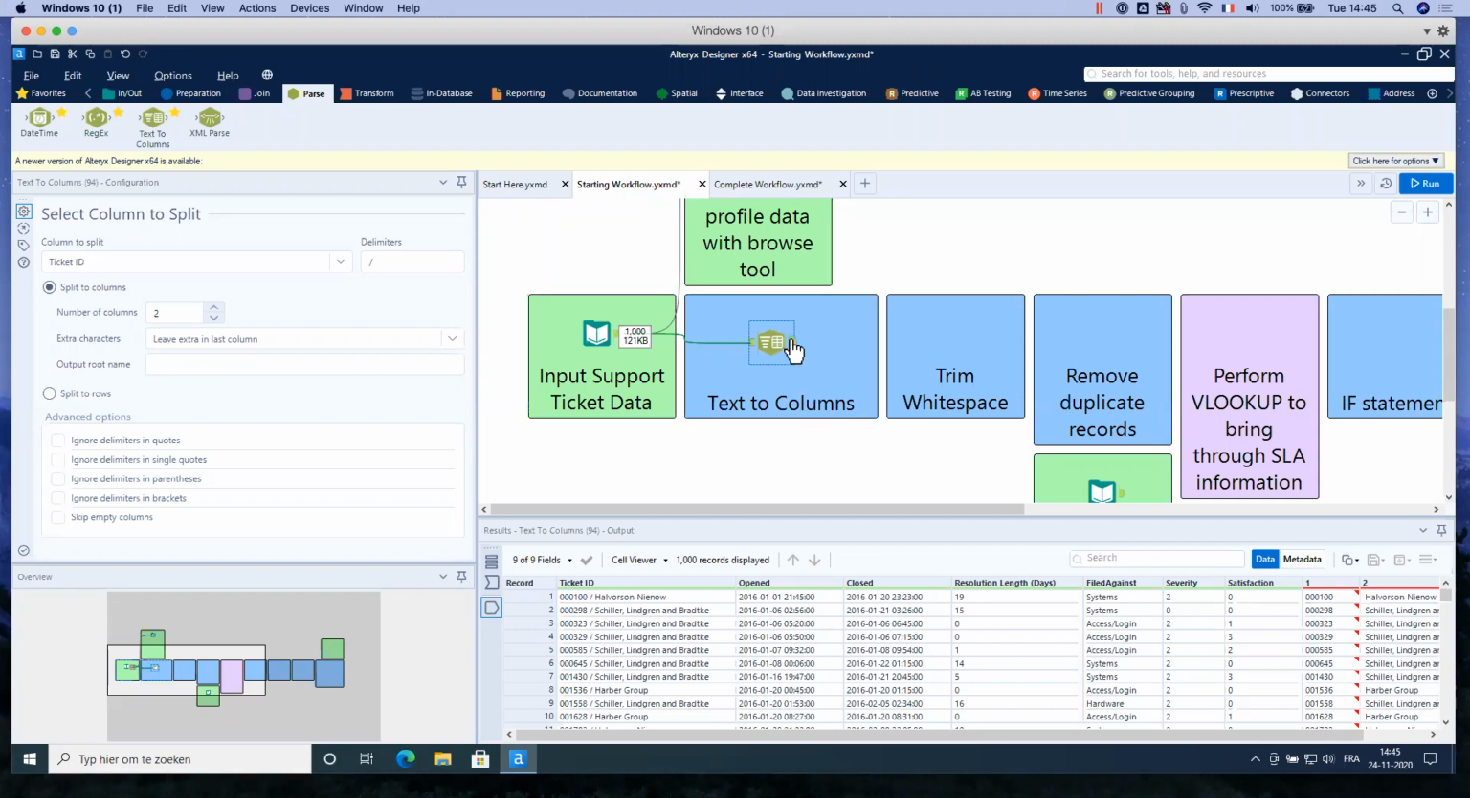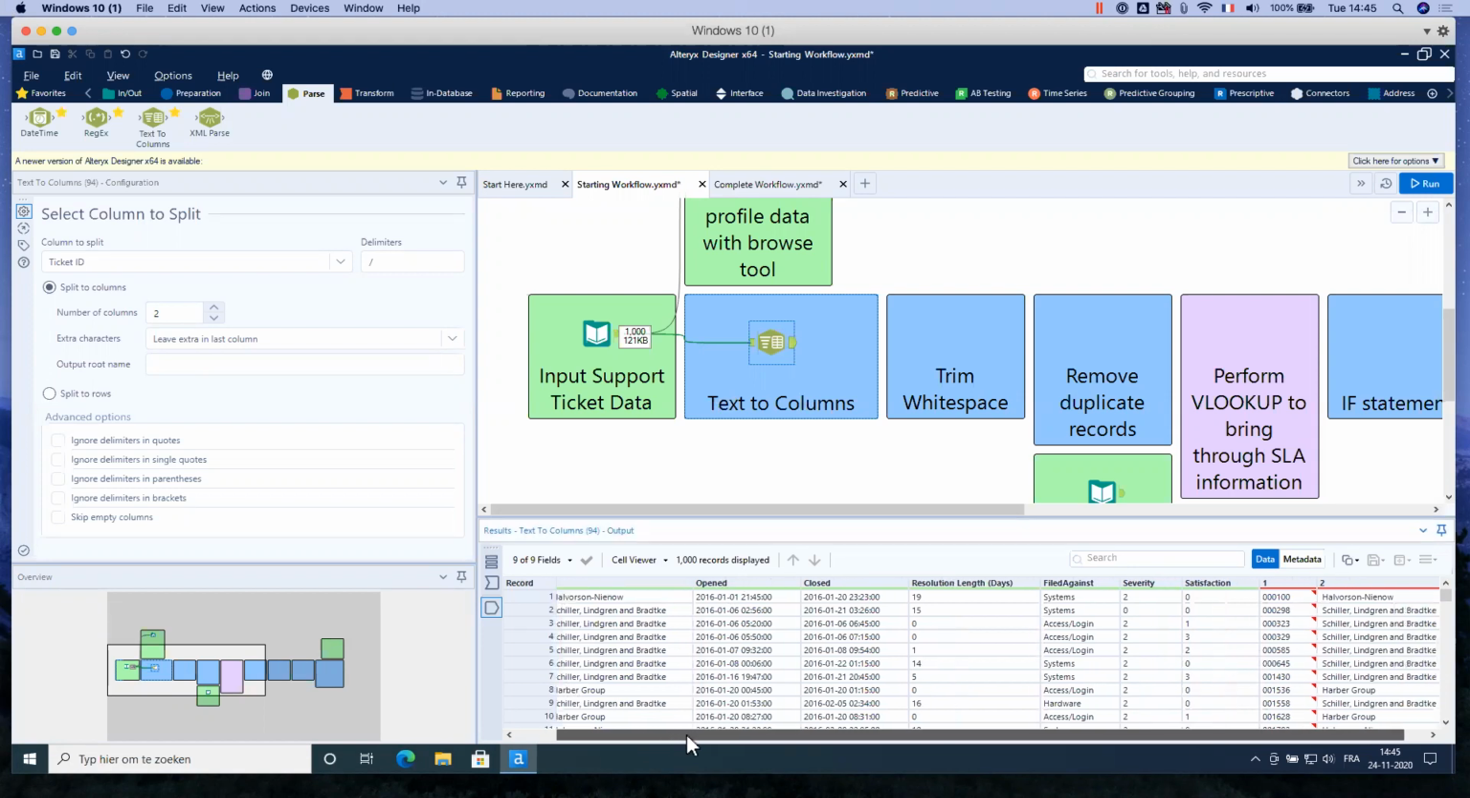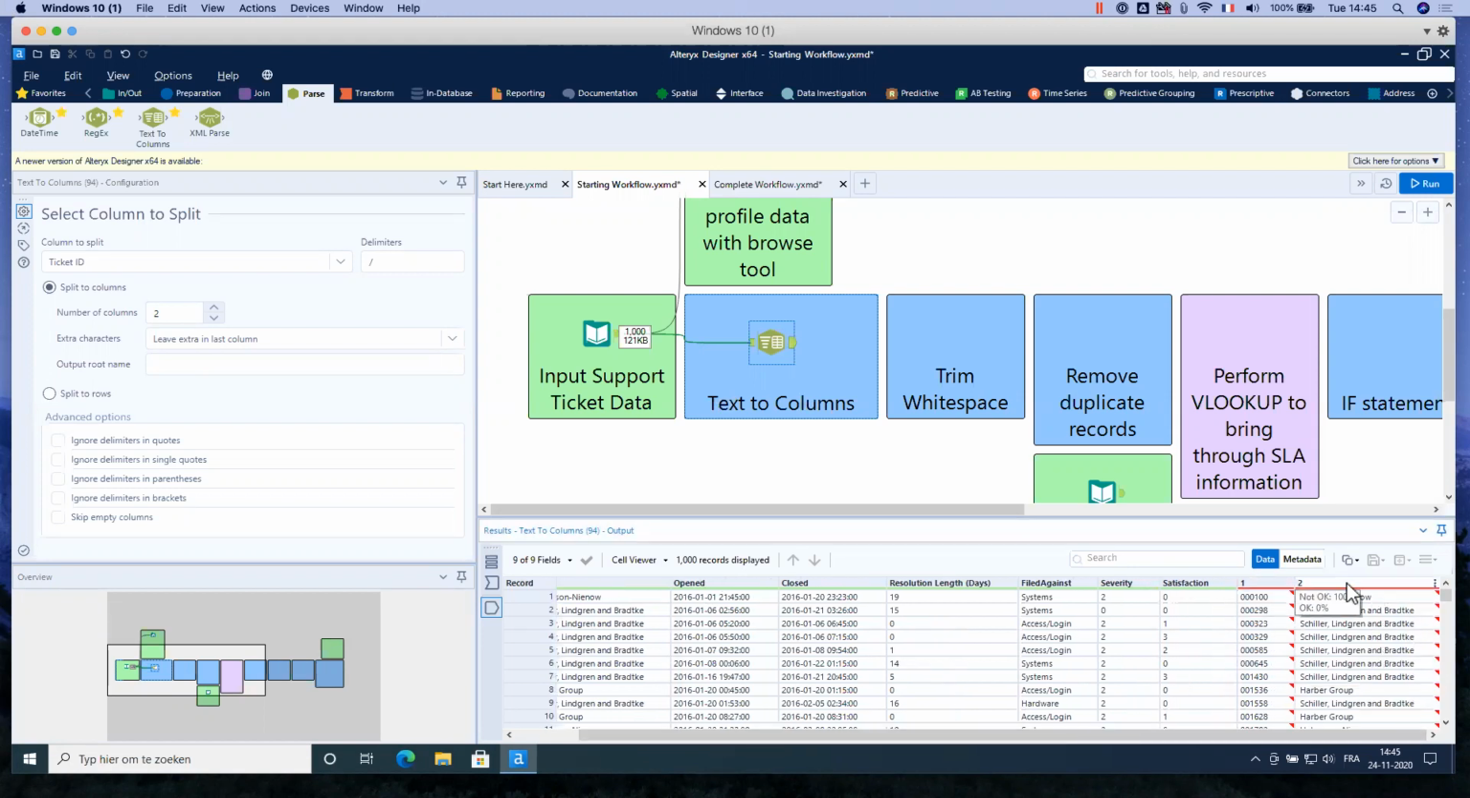Okay, and then I see I still have my ticket ID, and at the right, I have 2 new columns called 1 and 2, and you see here it's completely not okay. In fact, it's red, and when I hover a cell, it says that this cell has a trailing space. So I will need to remove this trailing space, but first I also need to rename this column 1 and